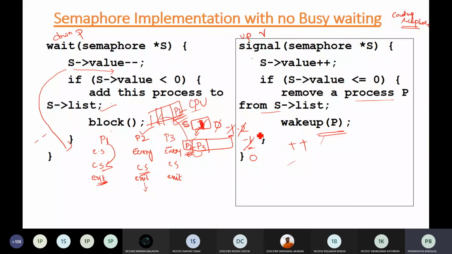If you remember this example, when it was -2, how many processes were in the suspend state? Hello?